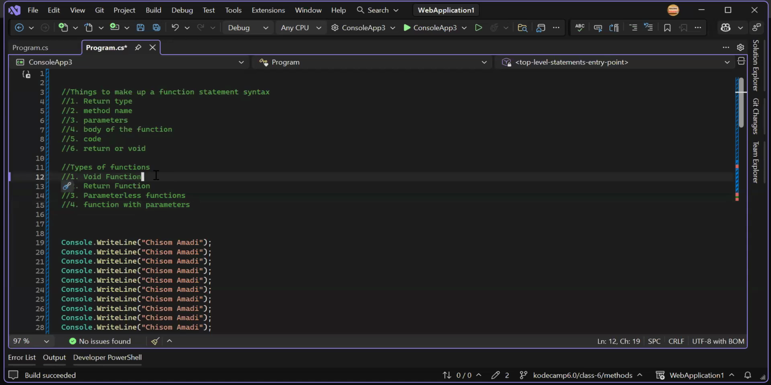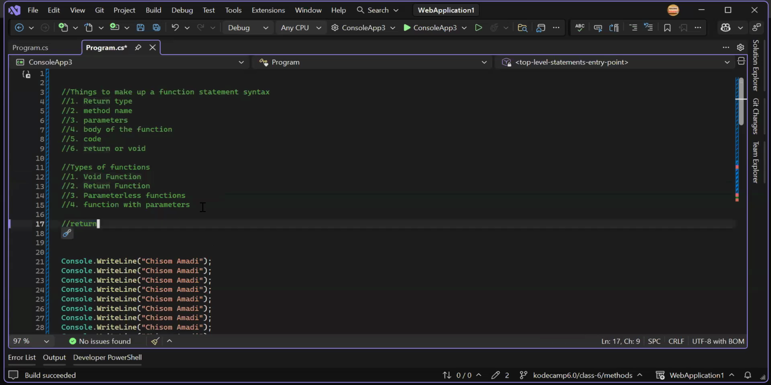So void function, as the name implies, is nothing, right? It doesn't return. It's the opposite of a return function. So a void function does not return anything. In C sharp, there is a keyword called return. This is what I mean. This is a keyword, return, in C sharp. So what return does is that